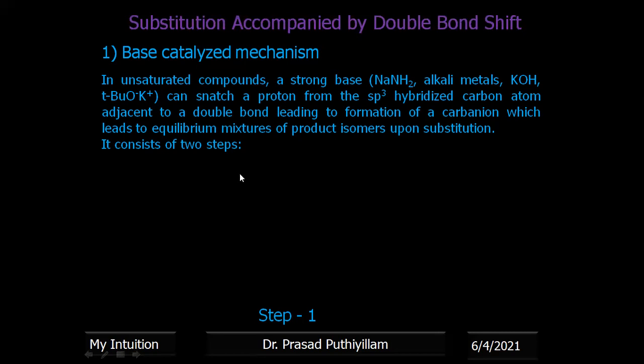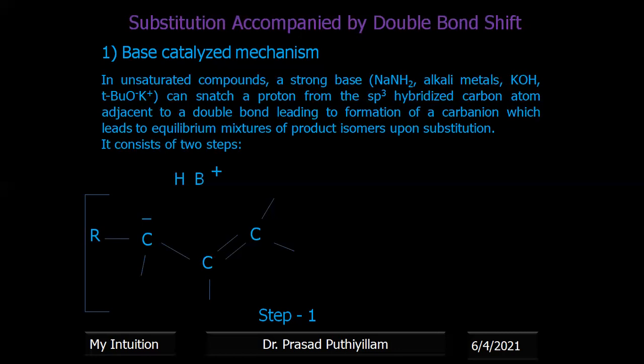It consists of two steps. When we see the reaction mechanism, this statement will be more clear. So there are two steps. In step one, the strong base attacks the substrate. It takes or snatches a proton from the substrate. When the proton is taken away, the bonded pair of electrons will move towards the carbon. Thus, it becomes negatively charged, and the base takes a proton H plus. Therefore, the base becomes positively charged.